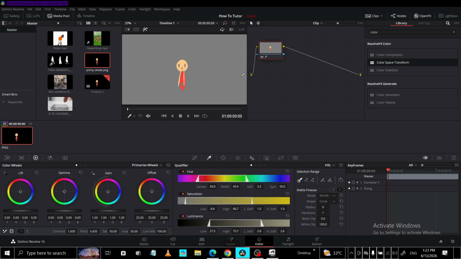With that inverted selection active, lower the saturation control on this node. As you reduce the